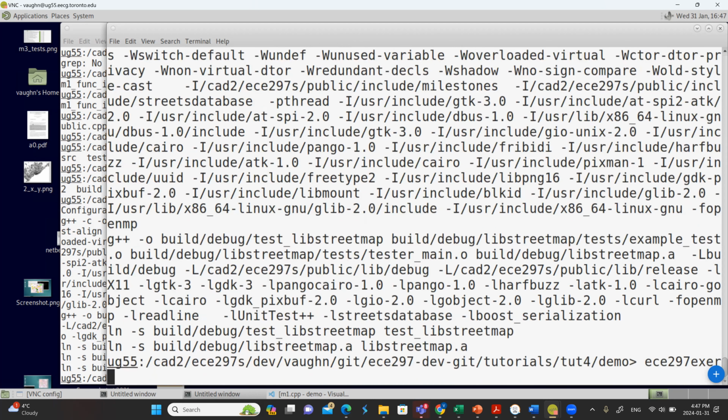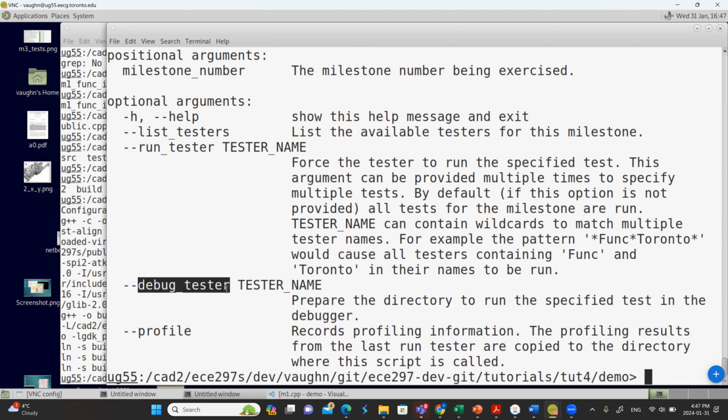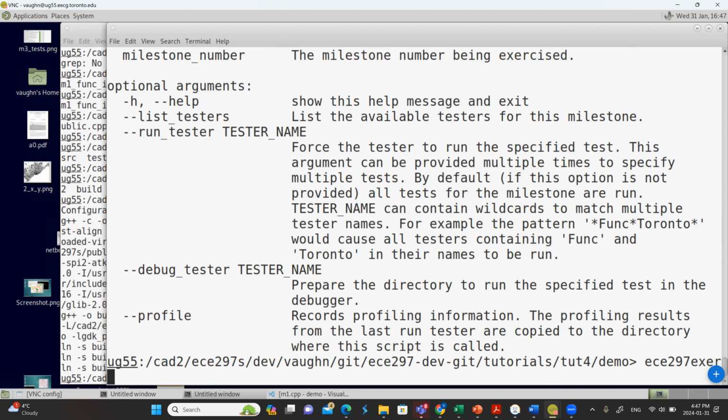Let's do the -h. And notice there's another option called debug tester. Basically this grabs whatever test you asked for, takes a copy of it from our shared directory and sticks it into your source tree so that you can compile it, run valgrind on it, and you could also run it in the debugger. We don't want you to have to copy it by hand, so we just did this for you. So it's debug tester, and I know it's the intersection tests. I remember it was func, inter, that was in the name, so I do that.